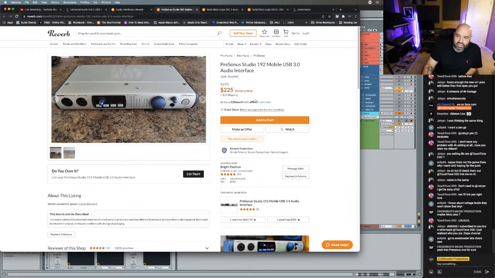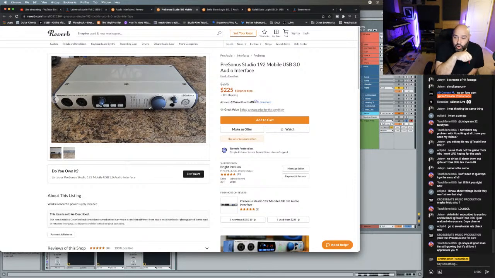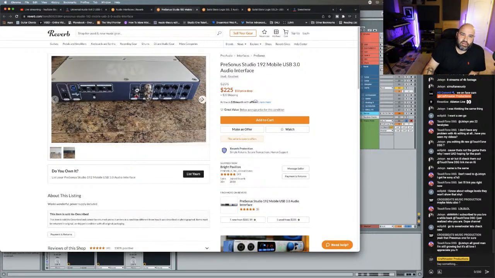This is an amazing interface, and I used to power my Focal Eights with these. That thing got balls, from personal experience. I loved that interface, and I only got rid of it because I didn't know how to use Universal Control. This is a bad boy right here.